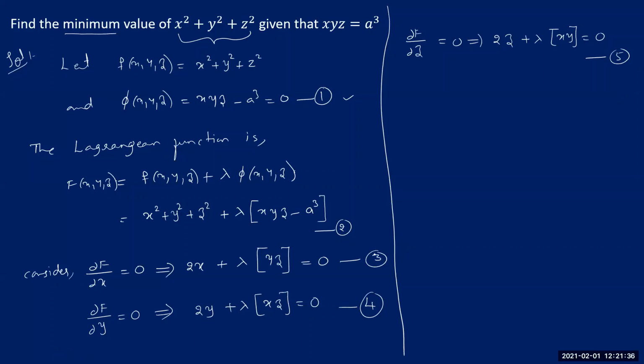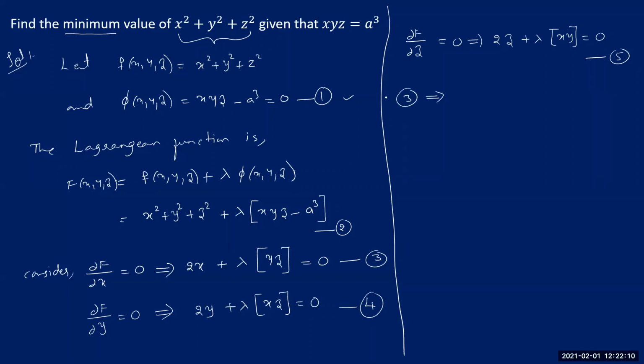Question C, we have now these 4 equations, 1, 3, 4 and 5. By solving these 4 equations for these 4 unknowns, x, y, z and lambda, we need to find the required combinations of x, y, z. In fact, we take those combinations as stationary points. Now the question is to find the stationary points by solving these 4 equations. Let us see what we can do in that case. I'm just rewriting these 3 equations first.